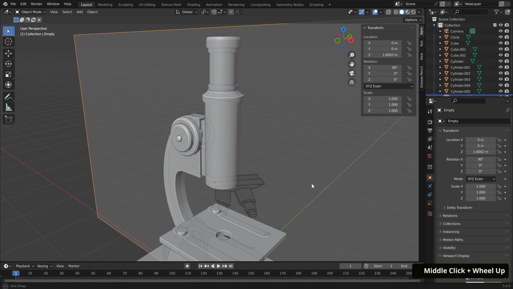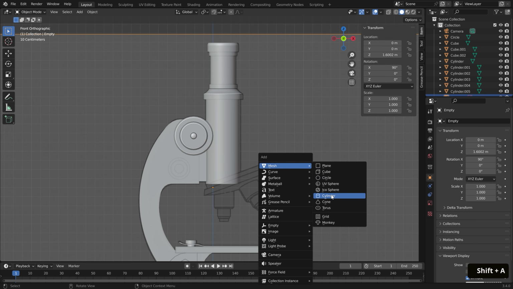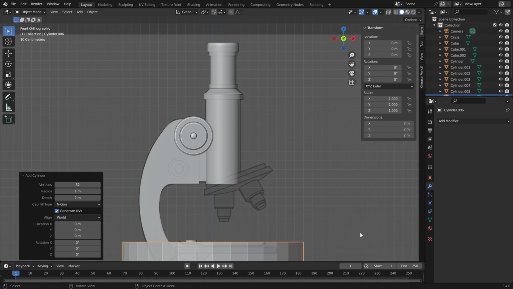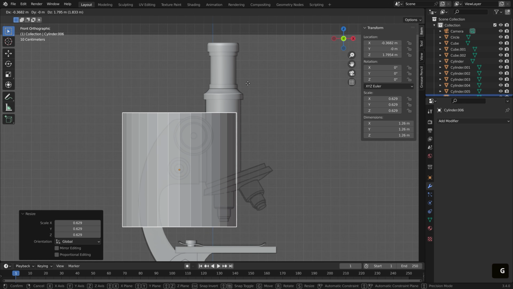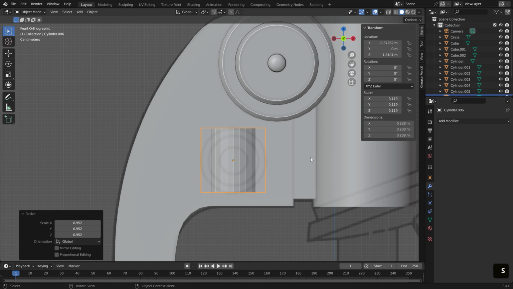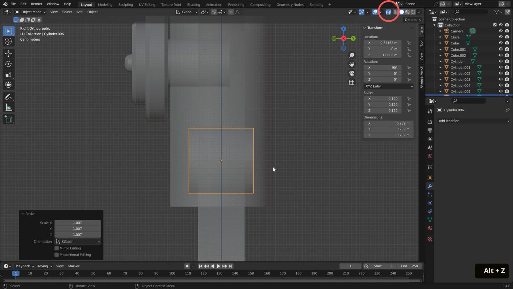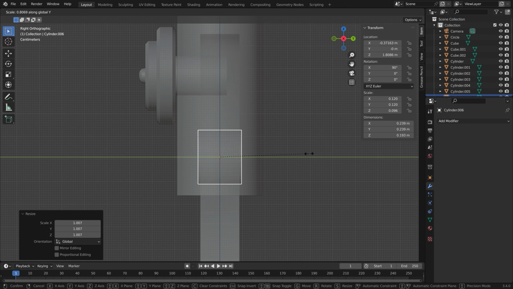For the smaller one, go into Front View and bring in another mesh cylinder with Shift A. Size it down and bring it up over the smaller dial reference. Size it down until it fits the radius of it. Then rotate it with R X and typing 90. Go into Side View and toggle X-ray. Scale it in the Y a bit and shift it over to the left along the Y until it comes out from the face of the arm.